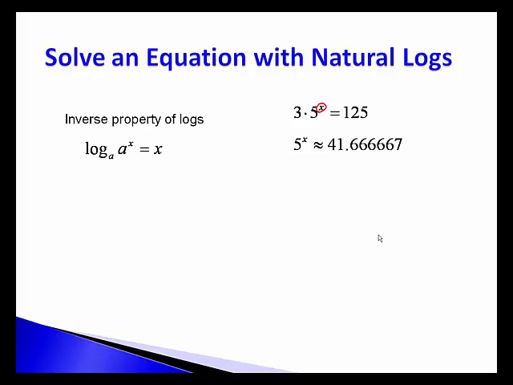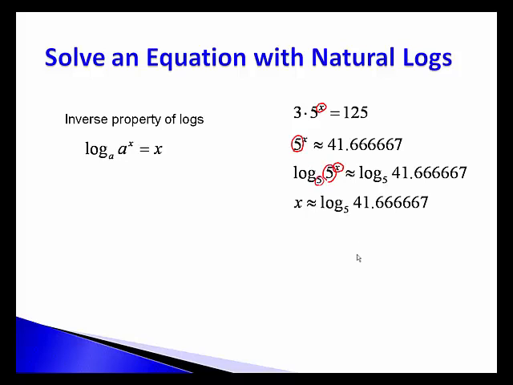41.66667. I'm now ready to take the log of both sides. But a log base what? Well, because this is a 5, if I take a log base 5, then I'll be able to get this exponent out, and that's what I'm trying to do. So a log base 5 of 5 to the x power is approximately equal to a log base 5 of 41.66667. Because these match, on the left-hand side I'll get x is approximately equal to the log base 5 of